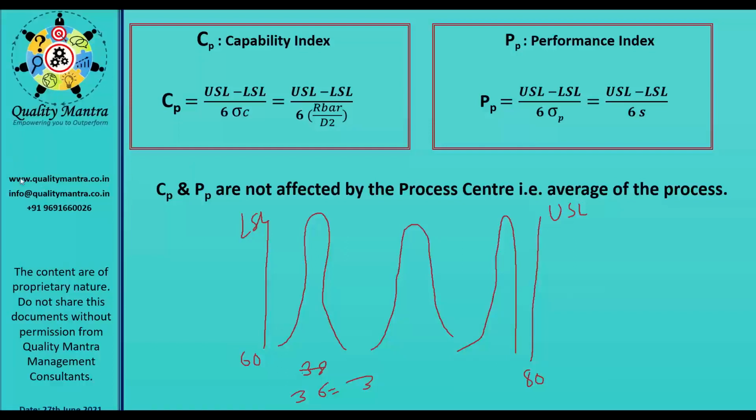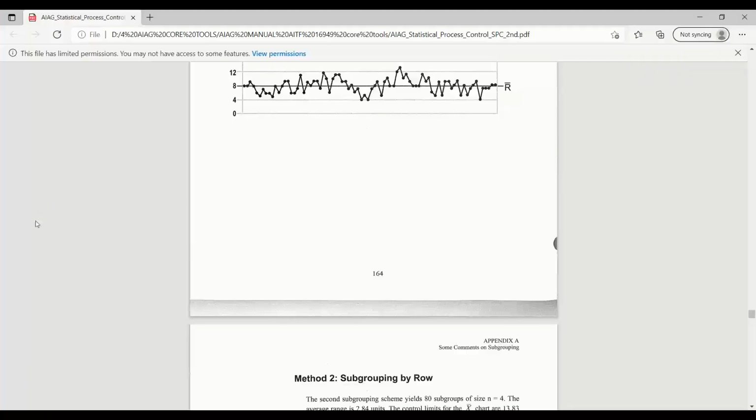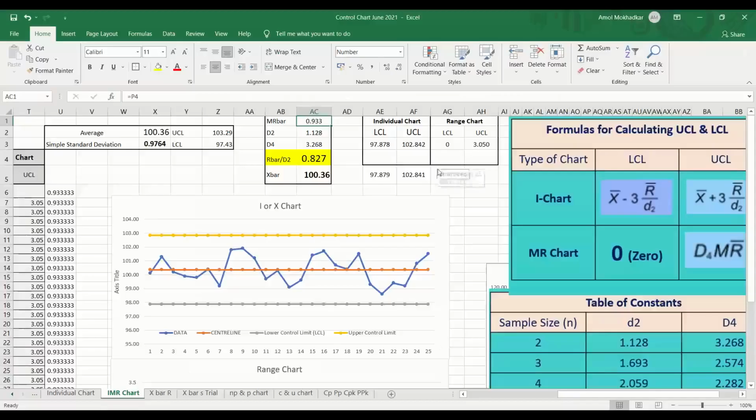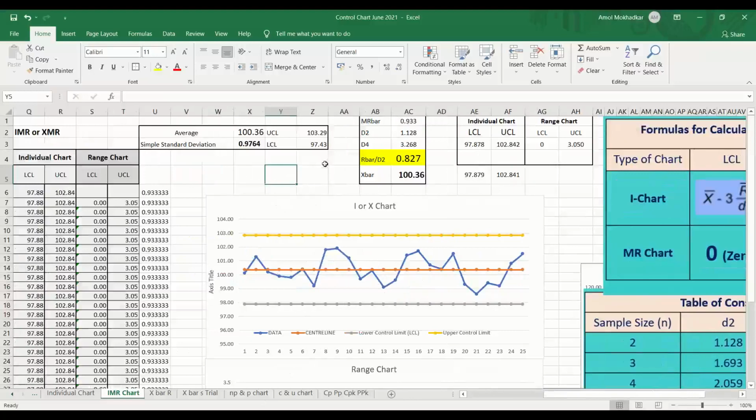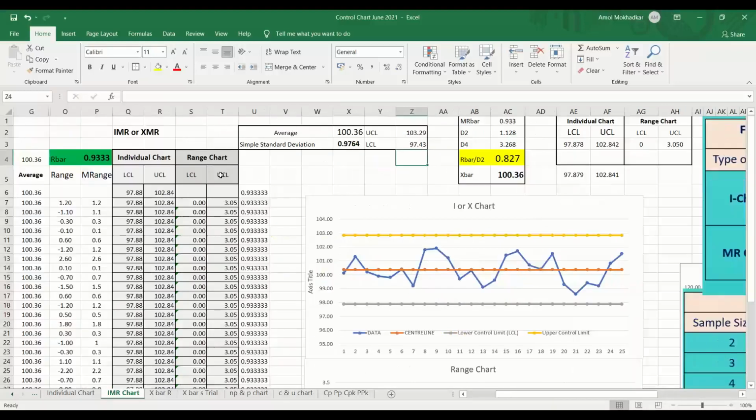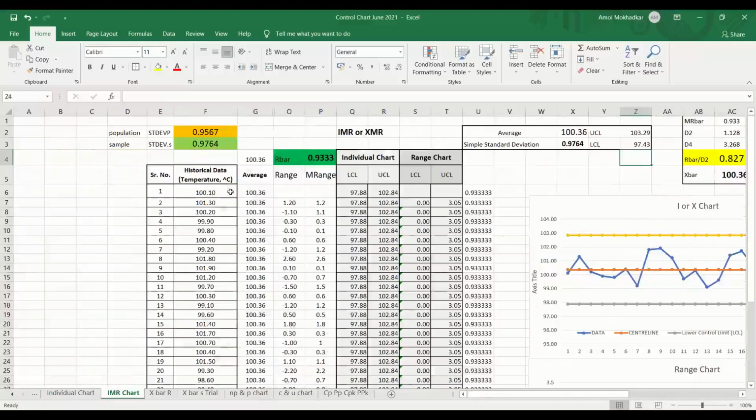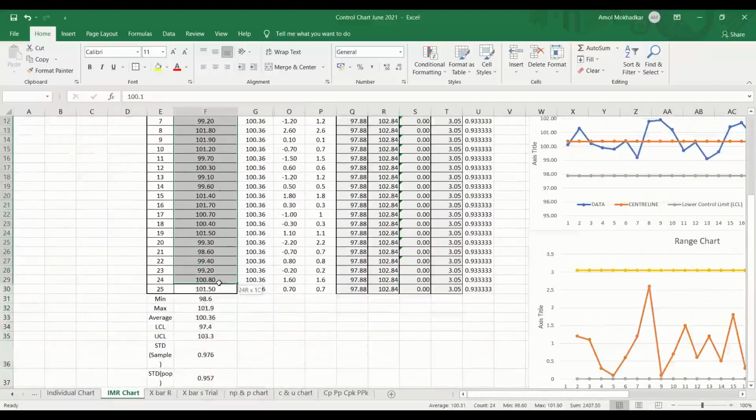Let us go to our Excel and take actual values. I am changing the screen to the Excel. Now the standard deviation, or we go by this only.